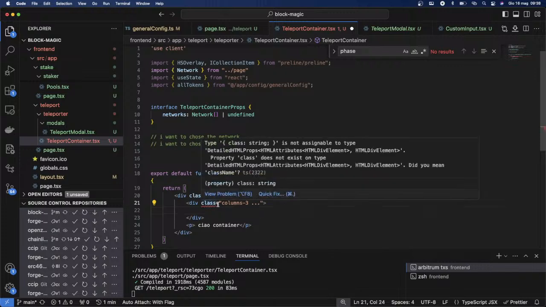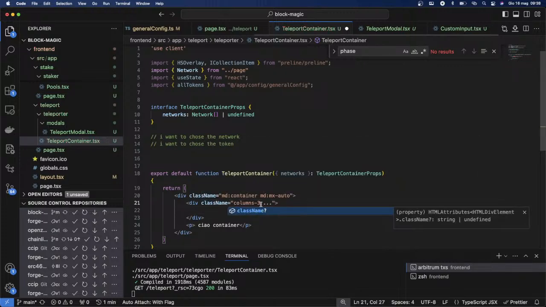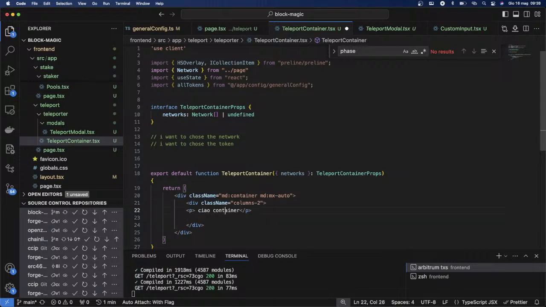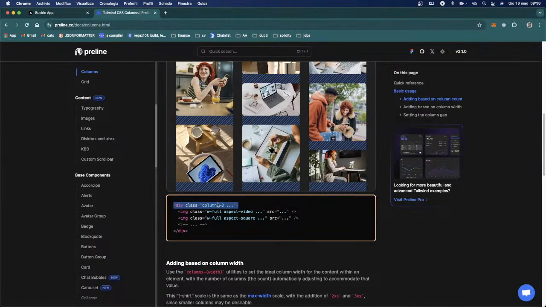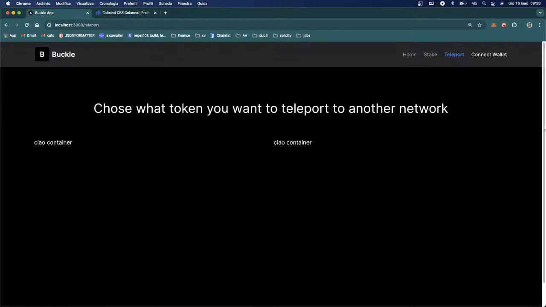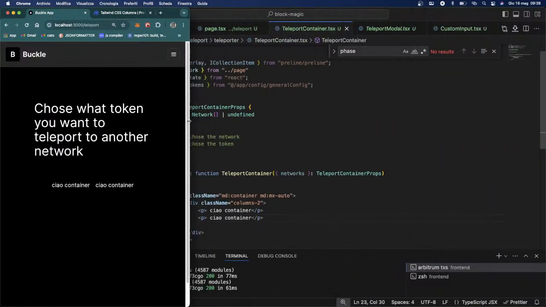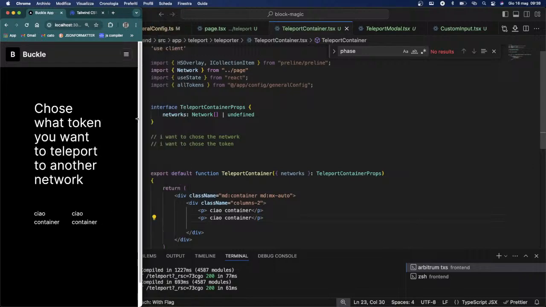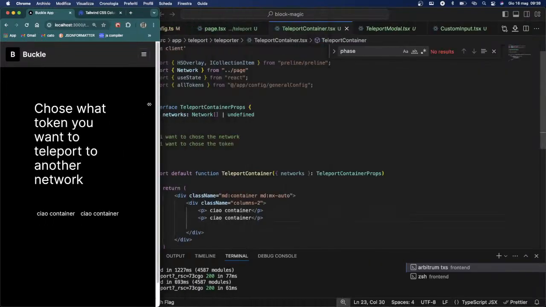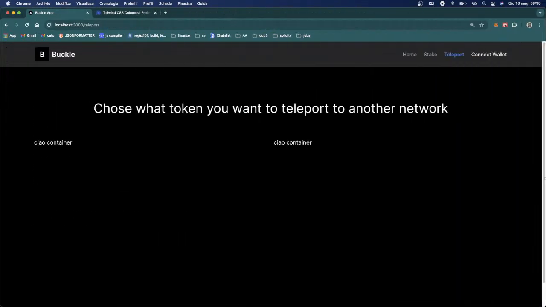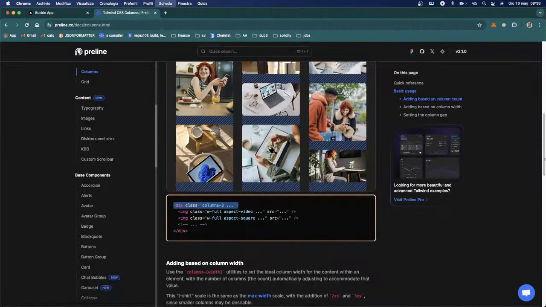Class name, and I want 2 columns, and I want to have this and this. Now I should have 2 columns. Yep. And what happens if I make it smaller? Okay, if I make it smaller, I want them to go one on top of the other. So